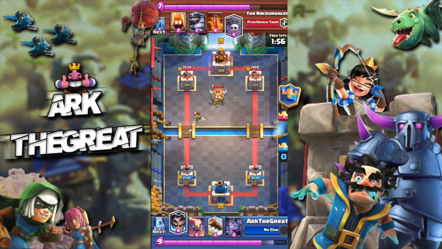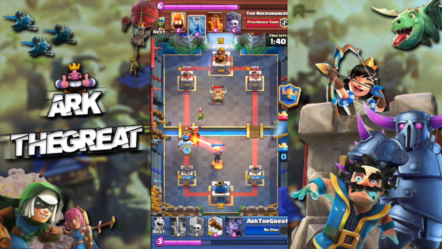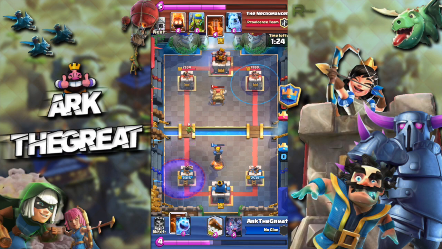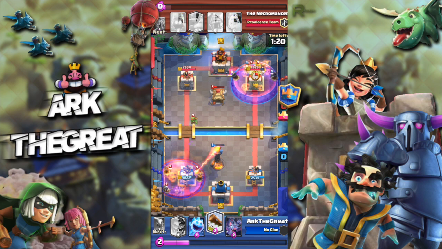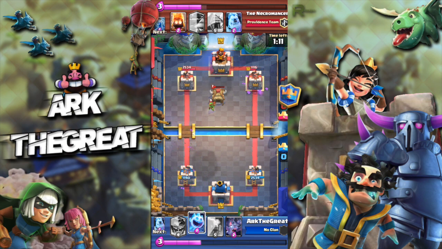So yeah, right now just resetting. He has his Goblin Hut, I have my Electro Wizard to take care of that. He plays his Mega Knight early, which is a bit questionable. I use my Ice Golem to tank the Mega Knight because I was expecting to zap. And here I just naked Graveyard, and I poison as well. A bad poison from me, but he did the same thing